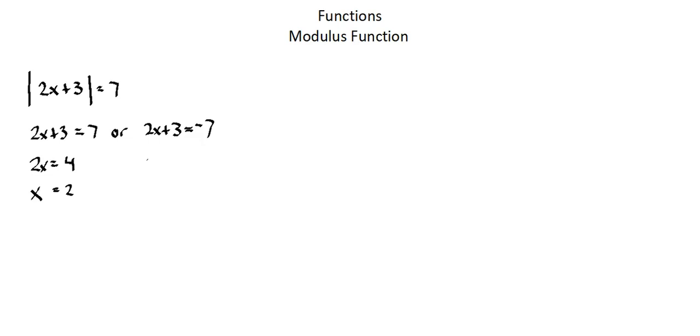In the next equation, 2x equals negative 10, subtracting 3 from both sides, and dividing by 2, x equals negative 5. And we summarize as x equals 2 or negative 5. So now let's look at the relationship between a function and the absolute value of the function, and